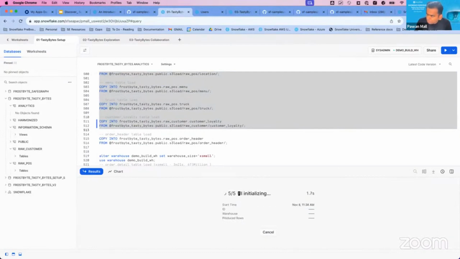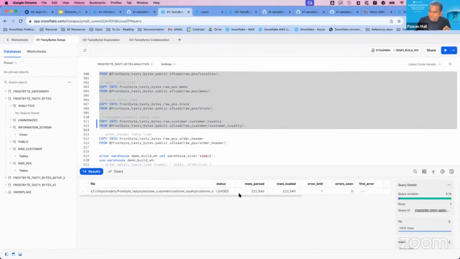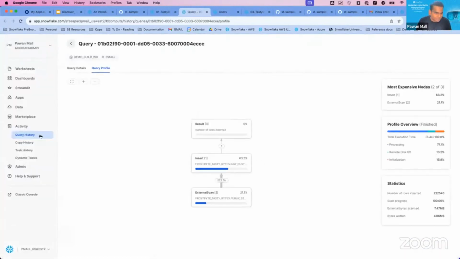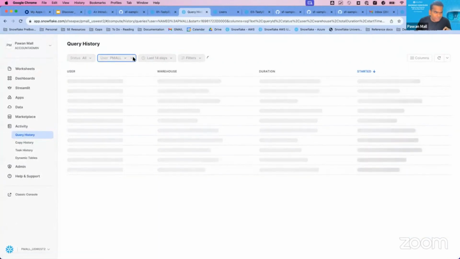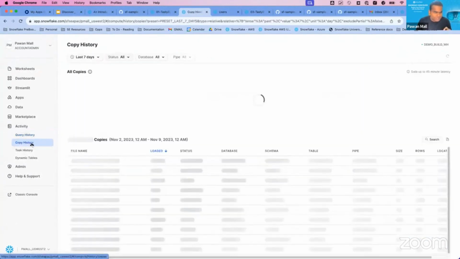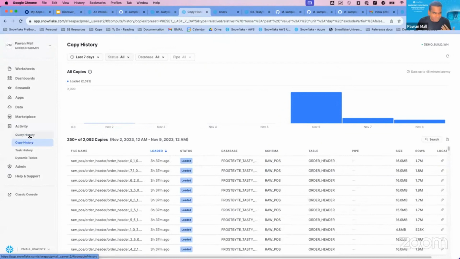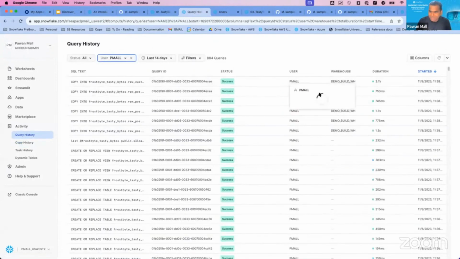Let me show you some of the user interfaces you will use to verify whether the data you have loaded is properly loaded, and whether there are any errors. You can click on this link, which will take you to the query history. In the activity section, you can see the copy history. Any queries you are running on Snowflake, let's say a view or a query, all that data is present here.